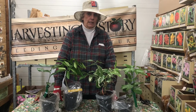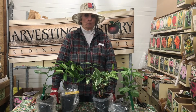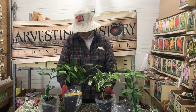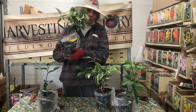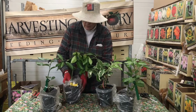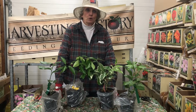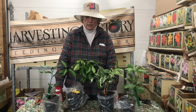But remember, when you bring it in, if you can bring it in about a month before you turn on the heat, that will minimize the chance that the plant will drop its leaves. You always have a fussy one, like you, and the fussy ones will drop their leaves anyhow, just to say, I don't like this moving around. But anyhow, remember that. The other thing to remember is if you purchase your plants from us at Harvesting History,